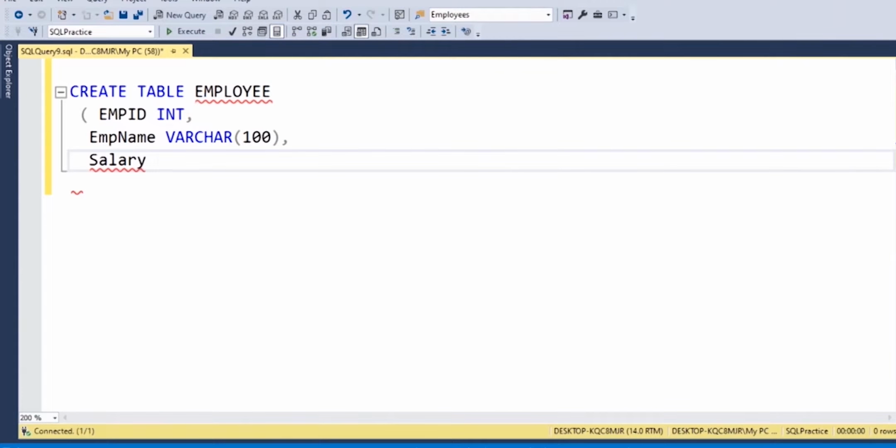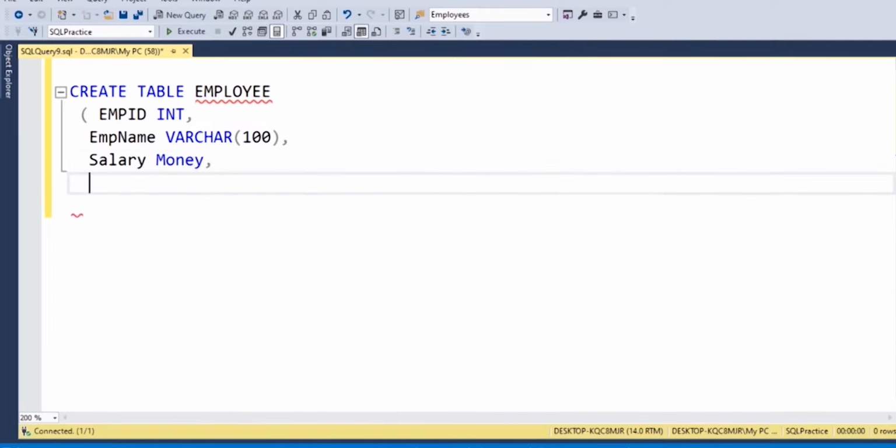No. Maybe sometimes salaries will be 10,000, or sometimes we will get salaries as 10,000.49 rupees. So at that time we can give money, or small money, or real, float, decimal, whatever it may be. Based on the requirement and our understanding, we can give the data type for the salary.